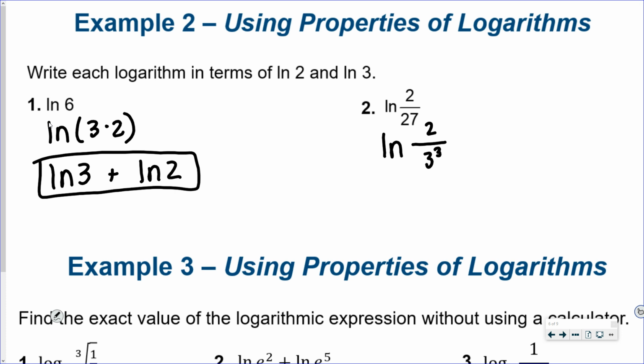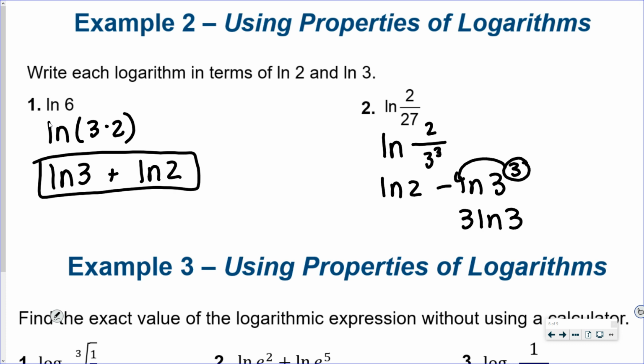Okay. So first, I see a quotient, and I'm like, okay, I can separate those. And since I have a quotient, what operation would I do with the logs? Minus. Yep. Think of exponent properties. If you're really dividing those, you'd subtract the powers. And then we can do this one step further. I have a power to a power, so you can bring that power in front or multiply those,